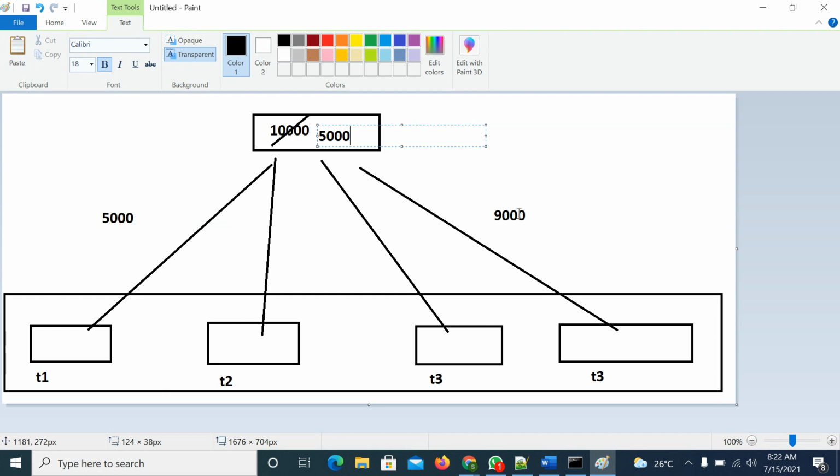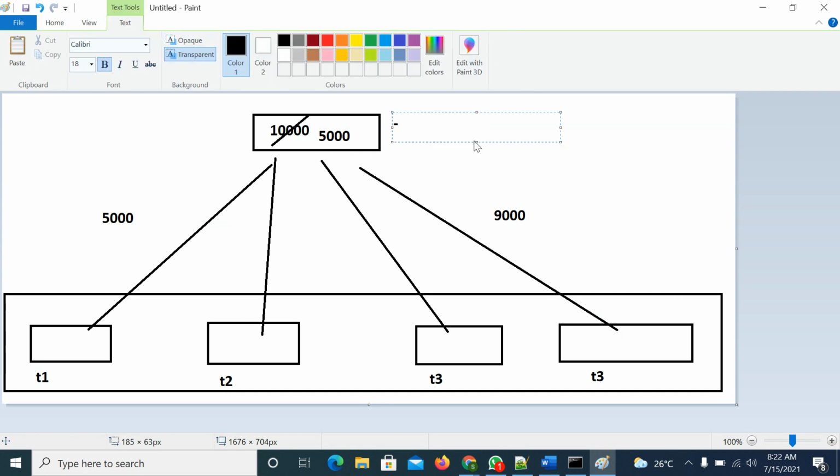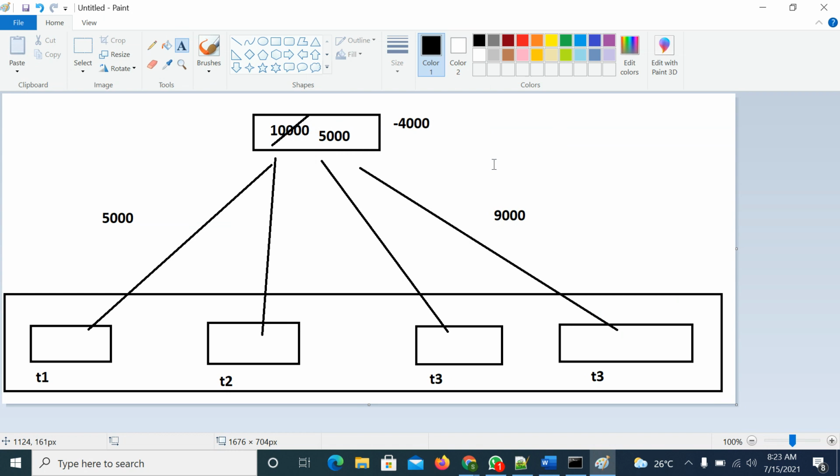Then the thread is given priority to him, and he withdraws 5,000, so 5,000 remains. He didn't update it, and before updating, the JVM again gives priority to the other thread. So he will withdraw 9,000, and in this case the balance will be minus 4,000.